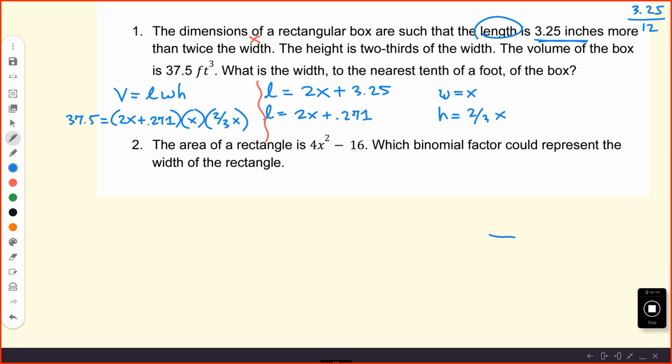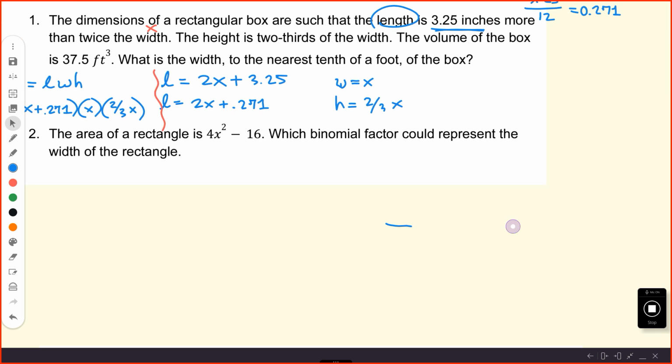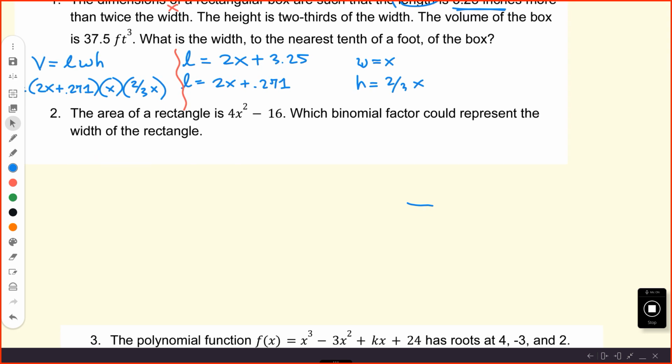So I hope you got this part, and let me just write this here. If you multiply 2/3 x times x, that's 2/3 x squared. So I can write this as 37.5 equals 2x plus 0.271 times 2/3 x squared, and then we just have to distribute the 2/3 x squared to this binomial. And so we got 37.5 equals